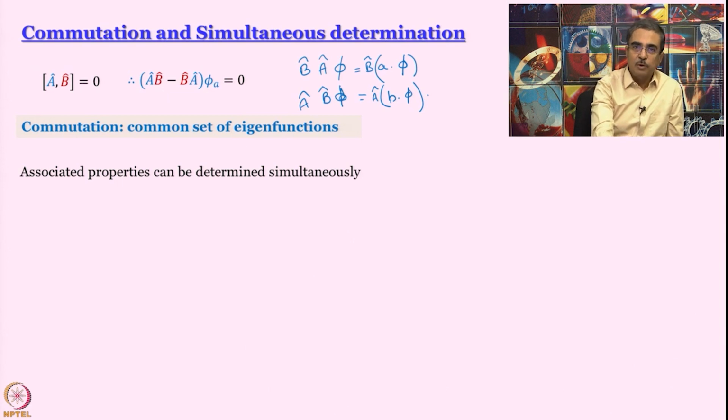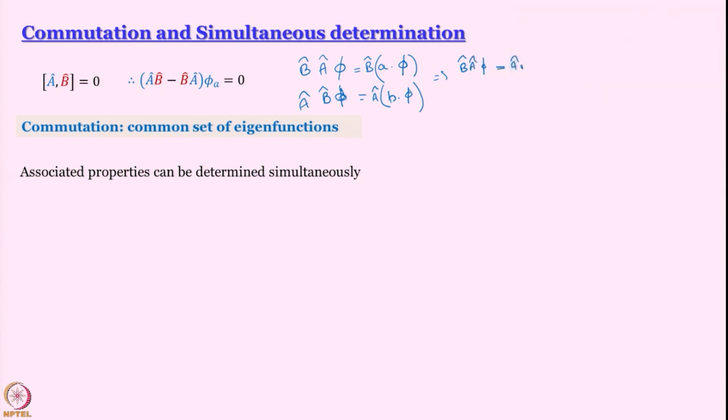It can be proved, we are not going to prove here, that B hat A hat phi is equal to A hat B hat phi, or you can write like this, A hat B hat minus B hat A hat phi equal to 0, that in the convenient notation we write like this. A hat comma B hat within third bracket means a commutator, A hat B hat minus B hat A hat. B hat comma A hat, the sequence of operation is just opposite. Of course, in this case it will be same, but the crux of the matter is that if the commutator is 0,